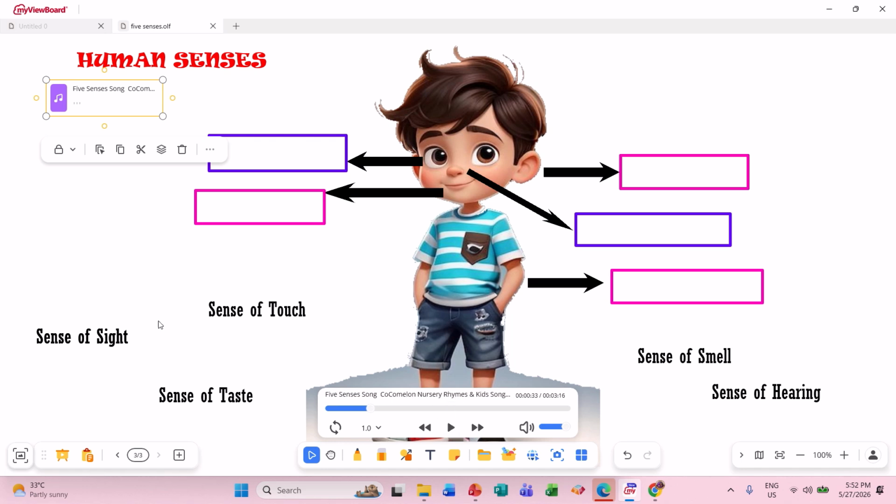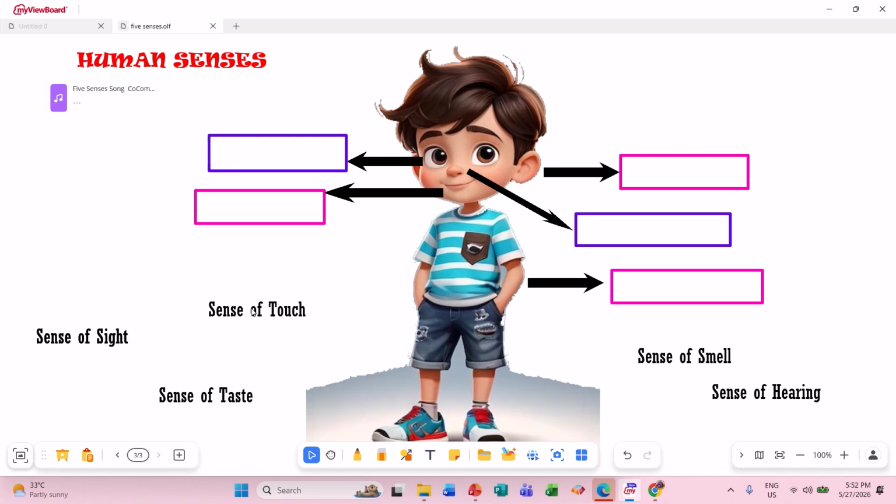One more thing: let's say the students couldn't read a word. They can just click on it and use text to speech. Yes, we will read for you.